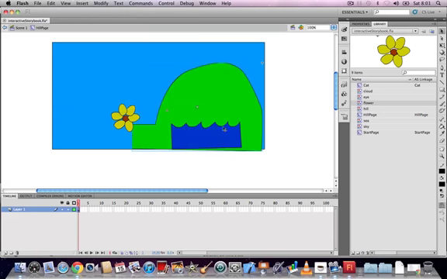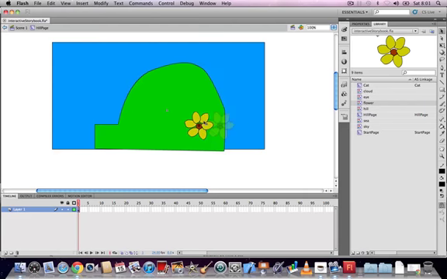Place an instance of the cat symbol on the stage in the Hill Page by dragging it out from the library. Resize it using the free transform tool, and in the property inspector give the cat an instance name of cat with a small c. Return to scene 1